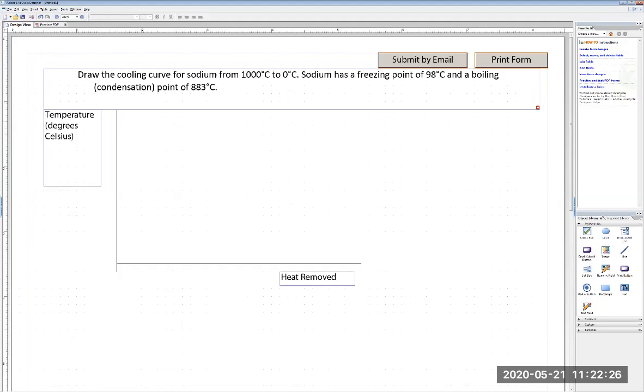So here, temperatures in the y-axis, and then the x-axis will have, because it's a cooling curve, which means you are removing heat. So heat is removed. So that's why I have heat removed as the label for the x-axis. We are removing heat, we are cooling down the substance, and we will start at, so let's put